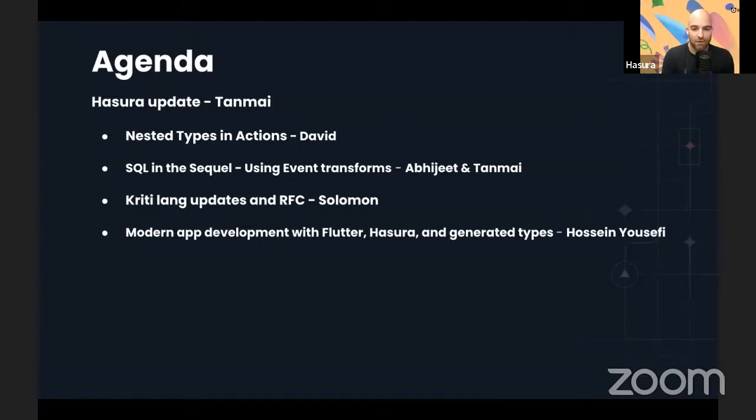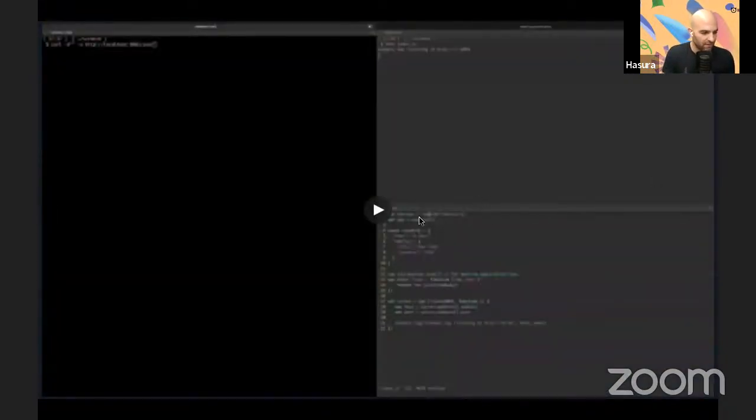And without any further ado, as people start to flood in, we're going to go ahead and kick it off and start with the first video contribution from our coworker, David, that is about nested types and actions. So I'm going to go ahead and try to get this started here. And we'll see if this, in fact, streams audio. So I'll be watching for a couple of thumbs up here in a minute to see if audio is coming through.